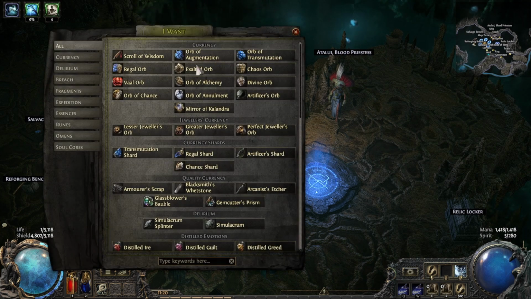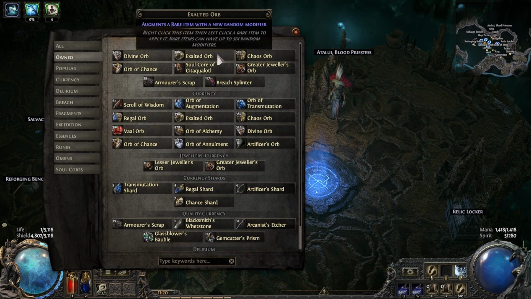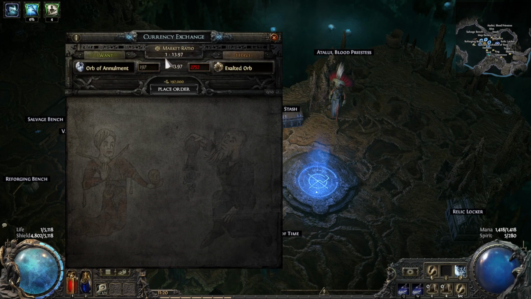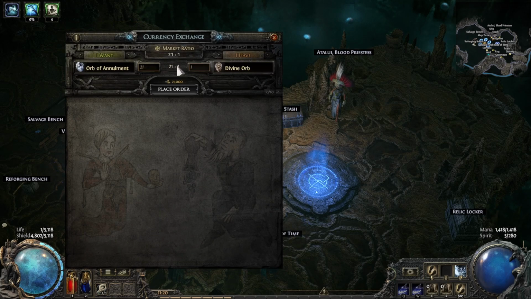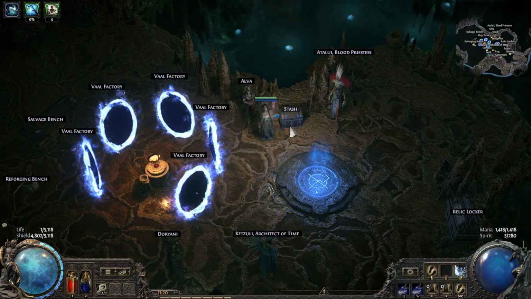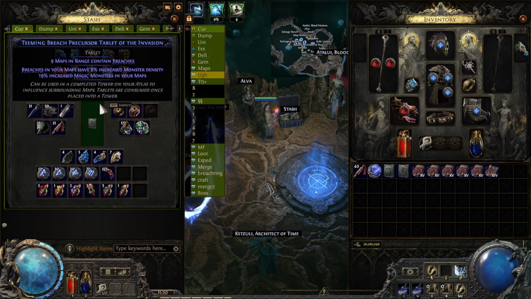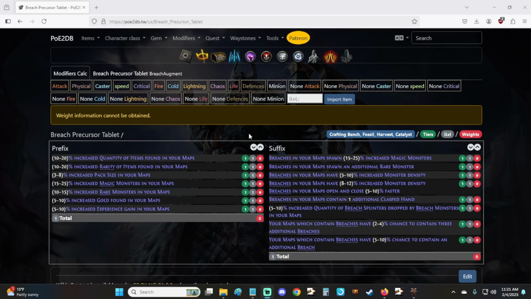If you look at the price of Orb of Annulment, it is going to be about 14 exalts for one, or you can get 21 of them for one divine. This is generally speaking going to be very, very cheap compared to the value you can get out of these, and I would mostly be using this on only the breach tablets and only the ones that have 9 or 10 breaches in range. The reason this works comparatively to other possible options you could be using annulments on is